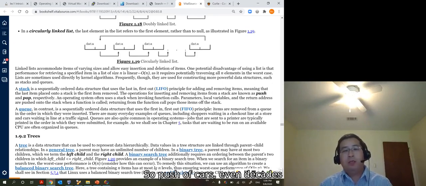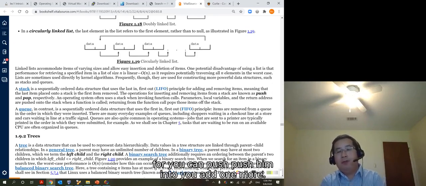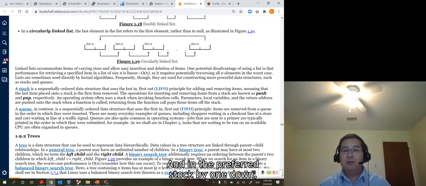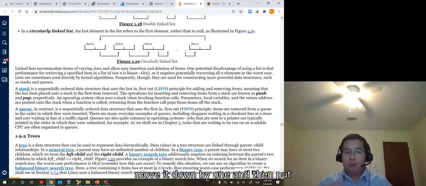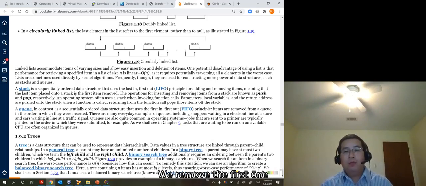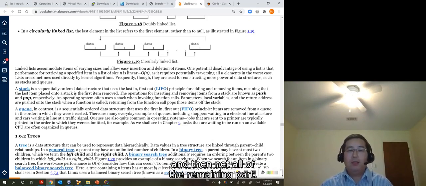Push, of course, if the stack is not full, you can push. Push means you add one more: move all the items in the previous stack down by one, and then put the current one on the top. And the pop will be just removing the first one, and then letting all of the remaining ones go up by one level.